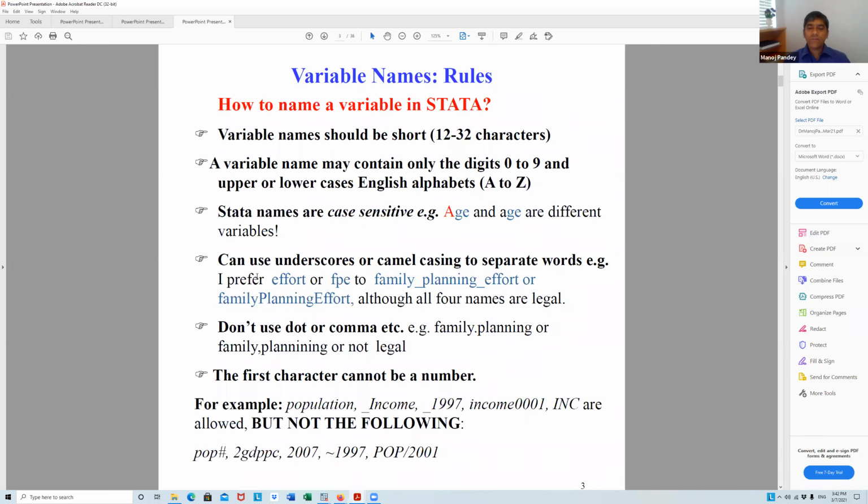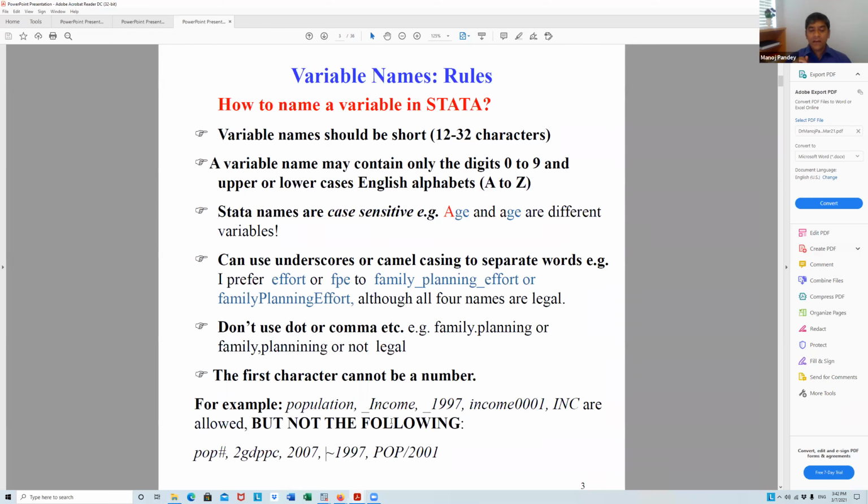Although all four names are legal, I put a lot of underscores, or I like this one. I don't like this much because it creates confusion. Don't use dot or comma when you are naming a variable. The first character cannot be a number. So you can't have 1997 GDP or 2 GDP per capita. The first character should be a letter, not a number.